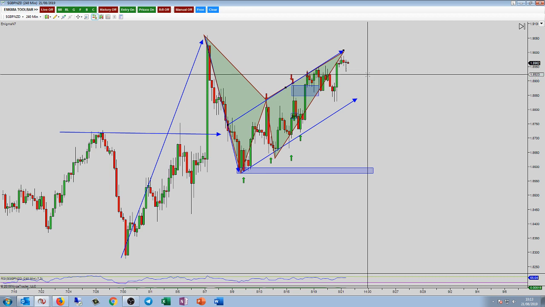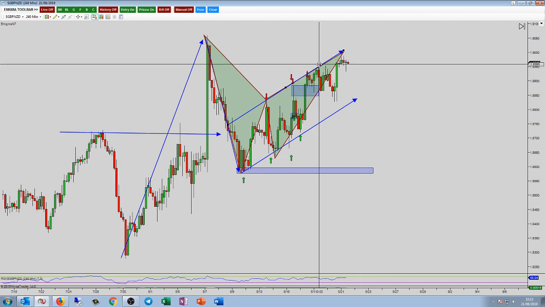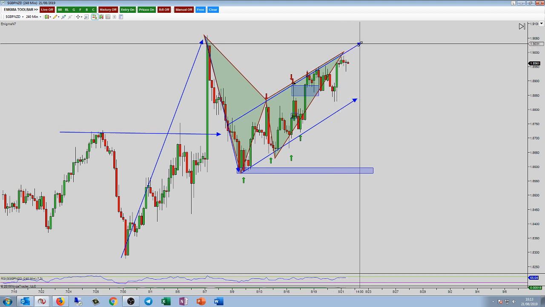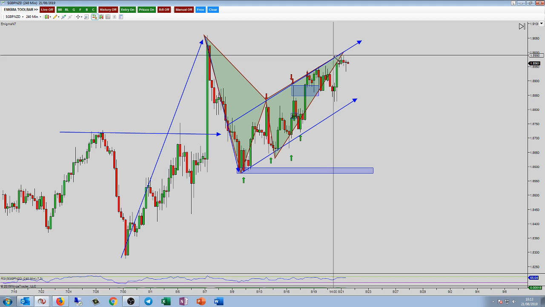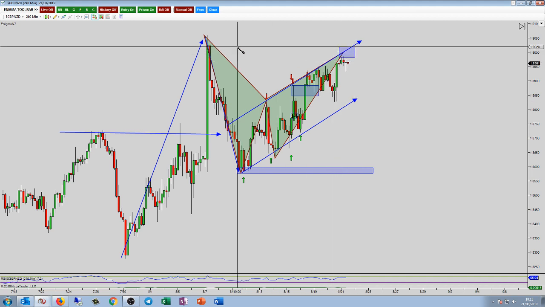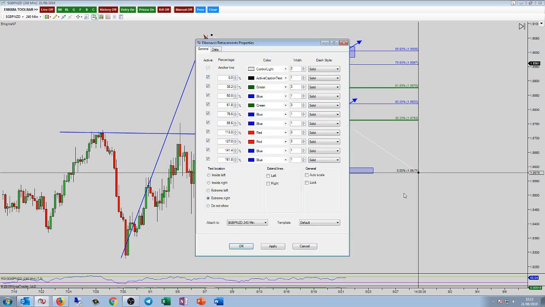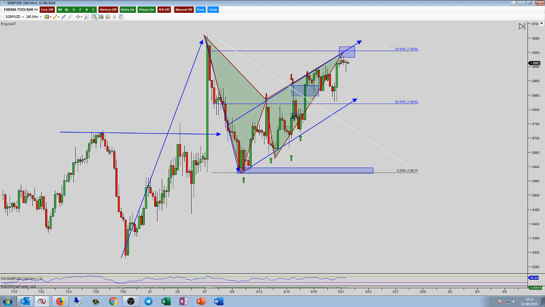And we are actually holding structure on this channel. We still have a little bit higher to go, just up here, but we come up into this zone, which will be the 886 of the bat pattern, which will also be 5 pips above that 9,000 psychological number. Okay, let me just clear the chart up a little bit. Okay, so there's your 886.